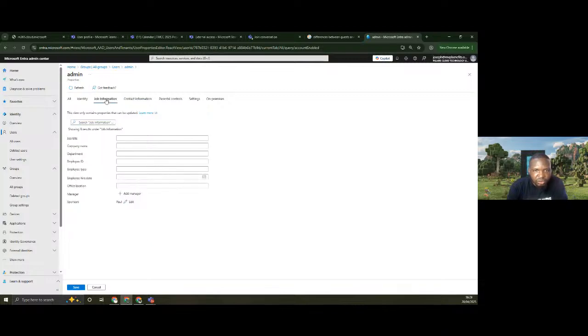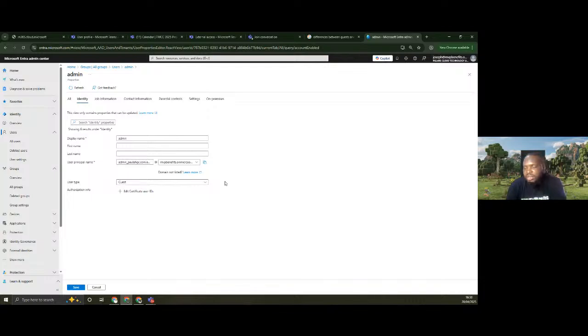For his job title, you can also put this, and for his identity, you can put his first name and last name, as the case may be. You can even convert him to an internal member. So contacts, parental control is for minors, and then settings, and if it has an on-premises presence, you can as well deal with those.